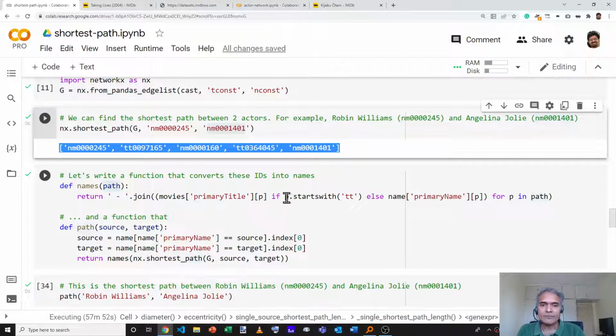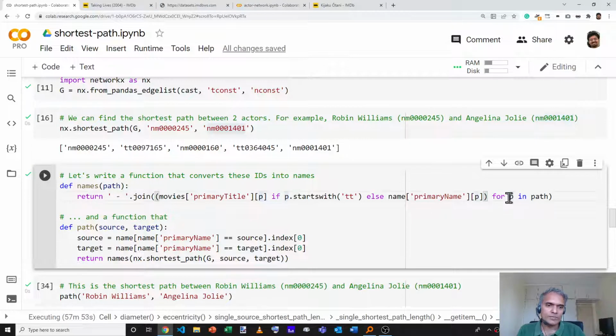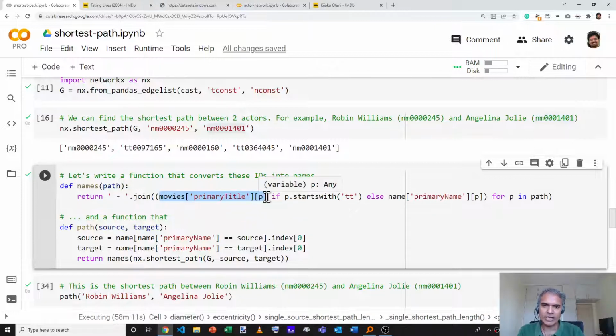Well, if we loop through each element in the path, let's call it P, then if that element starts with tt, then it's a title, otherwise it's a name. And if it's a title, then we can get the primary title column, that is the movie name, for that particular ID from the movie's dataset.